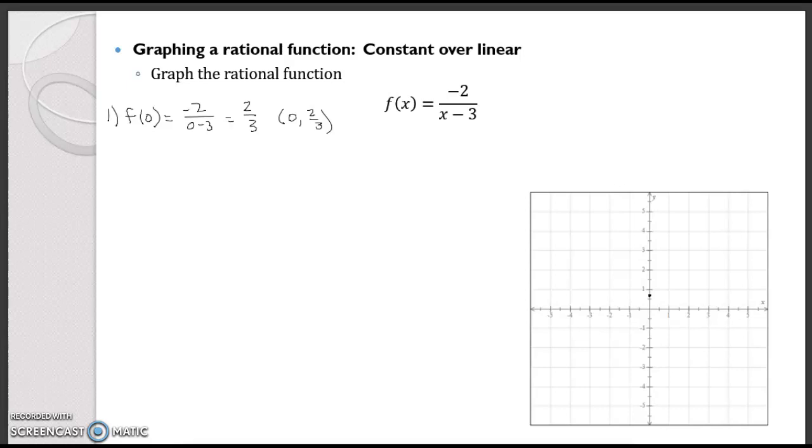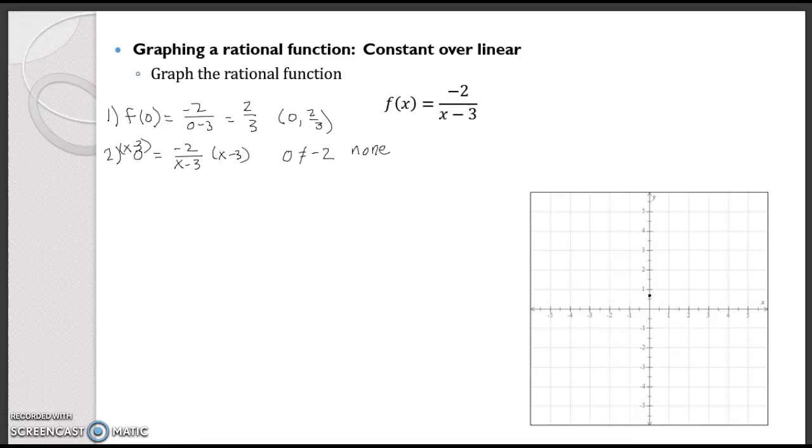Okay, now what was step 2? Step 2 was to find any x-intercepts, so let 0 be y, and then go ahead and solve for x. Now we can multiply both sides by x minus 3. This side is always going to end up still being 0 no matter what we multiply it by. So you can also just say set the top equal to 0, okay? And guess what? 0 is never going to equal negative 2, so there are none. There are no